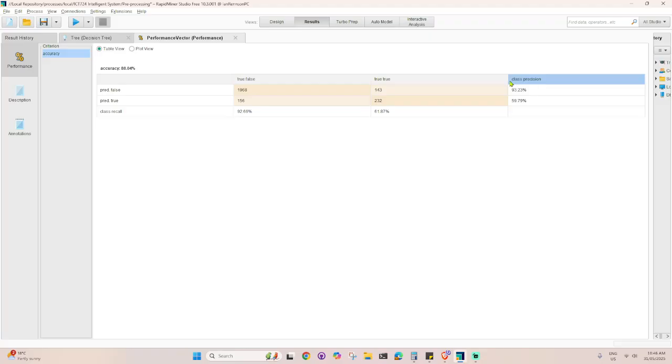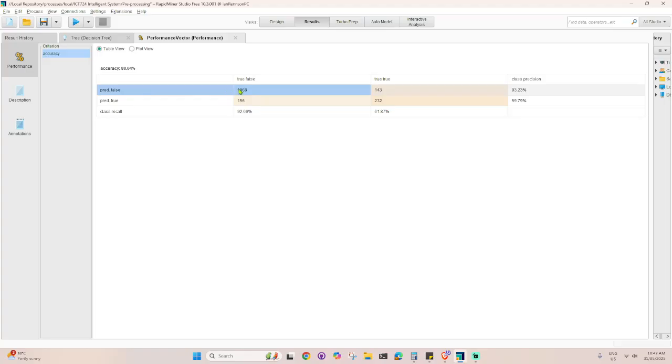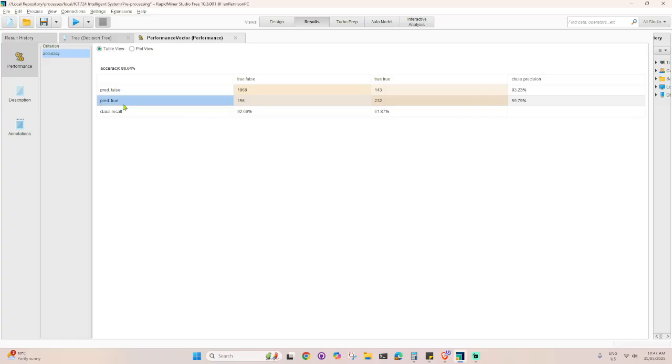So class precision as well. So it has the prediction false, it predicted false, and then it's actually false. So this is what it means. And this one also means the prediction is false, but it's actually true. So you can see in the table, the prediction is true, but it's false.